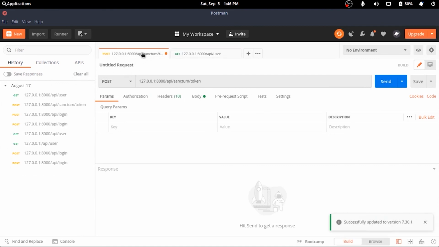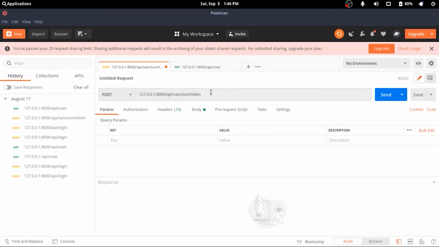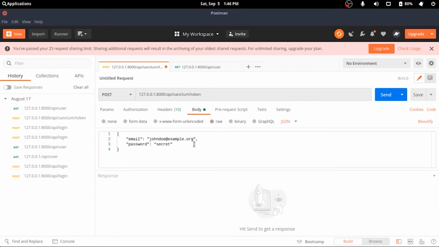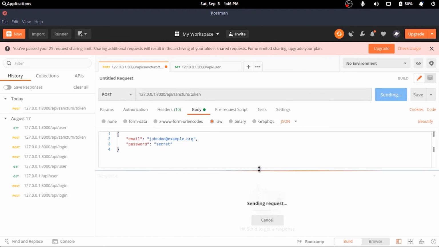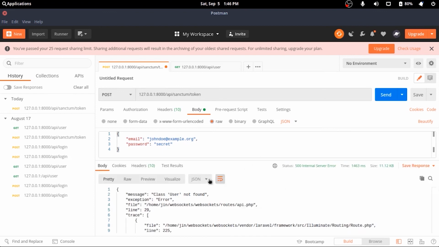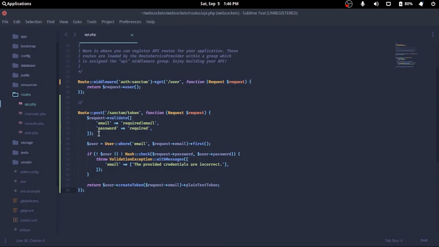If I post to /api/sanctum/token with valid credentials, which it is now, I'll get the token. Oh, I didn't import the user model in my routes file.